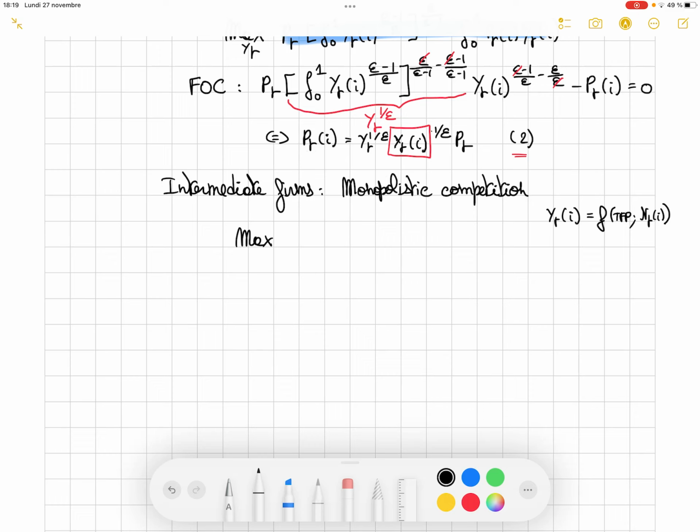Okay, and now the firm optimizes its profits, maximizing PTI multiplied by the production minus the cost, and here we see that we only have one factor of production, that is labor coming from the household, so actually minus the wage associated to the people working in sector I multiplied by the amount of labor. Okay, so basically that's what we have.